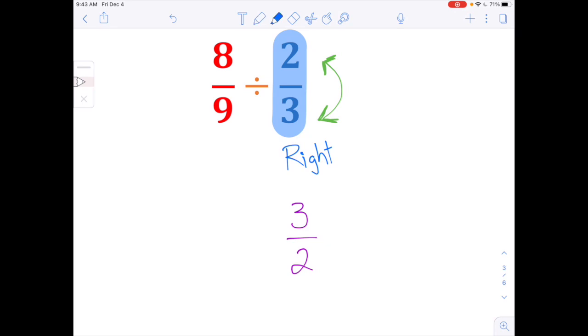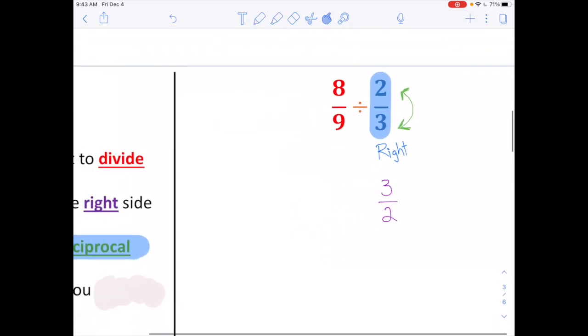You can see now how that got flipped over. The 2 was on top, now the 3 is on top. The 3 was on the bottom, now the 2 is on the bottom. All right, I am almost ready. Whoops, let's go back to that. 2, and the last step,